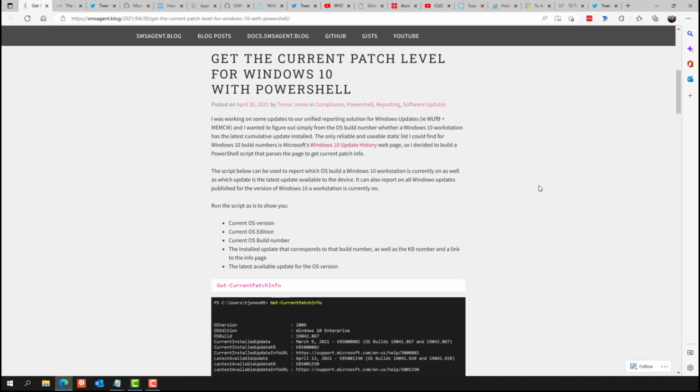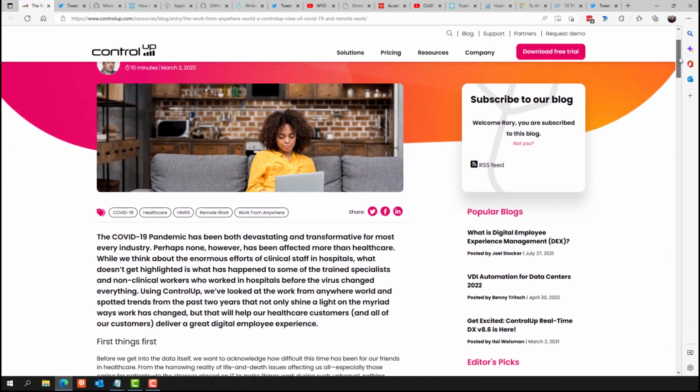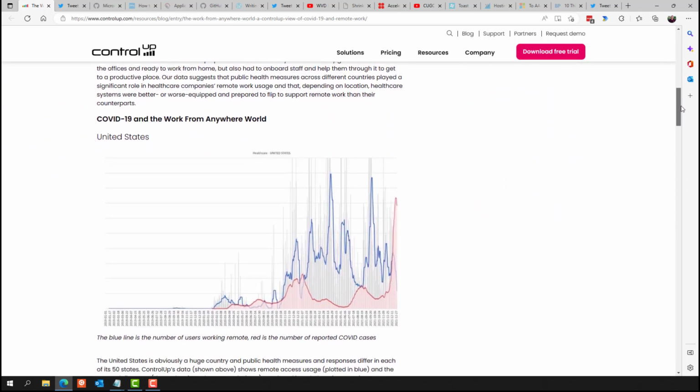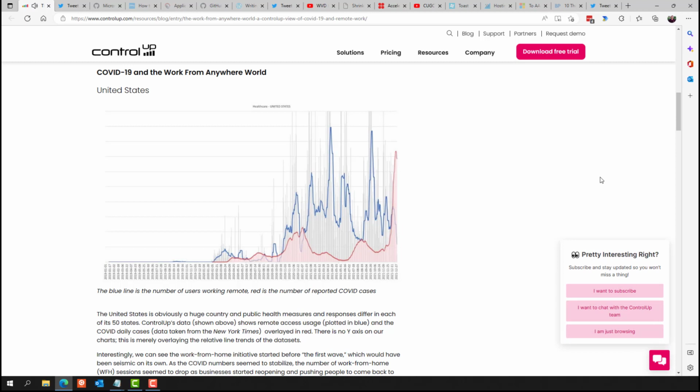And not security related for this one, but kind of from a personal standpoint, I had a really great time presenting at HIMSS, which is a medical conference in Orlando, Florida, with my good friend Trenton Ty during the year. And after the conference, we published a blog post on ControlUp.com using actual real-world data showing remote access tool utilization in different countries and how that may correlate with public health policies during the peak of the pandemic. So really, really interesting to see that data and to kind of compare it